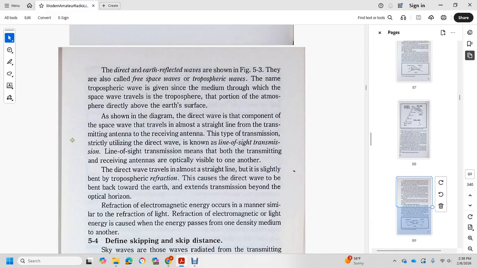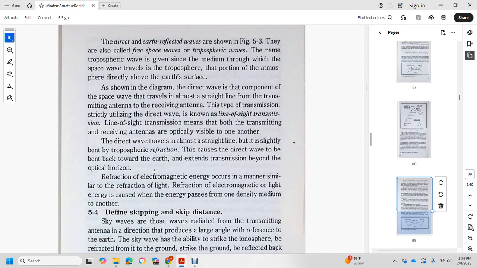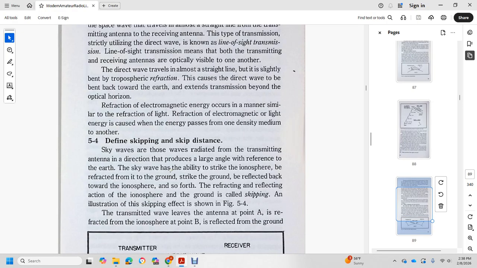Refraction of electromagnetic energy occurs in a manner similar to the refraction of light. Refraction of electromagnetic and light energy is the bending of the energy as it passes from one density of medium to another. Defining skipping and skip